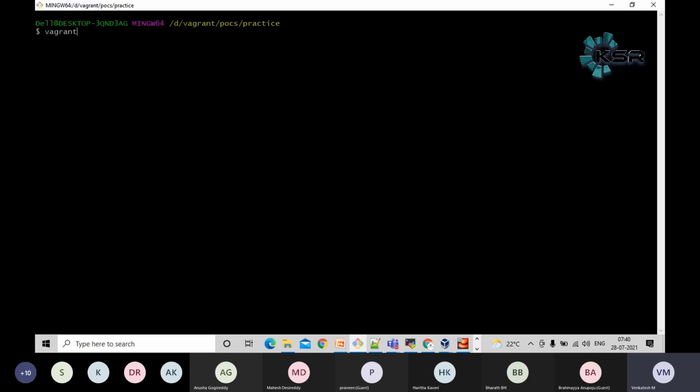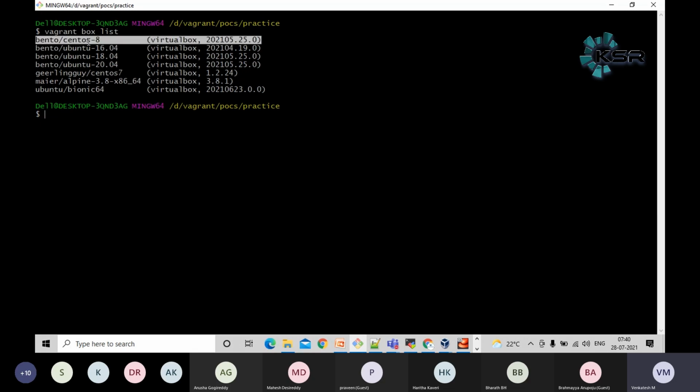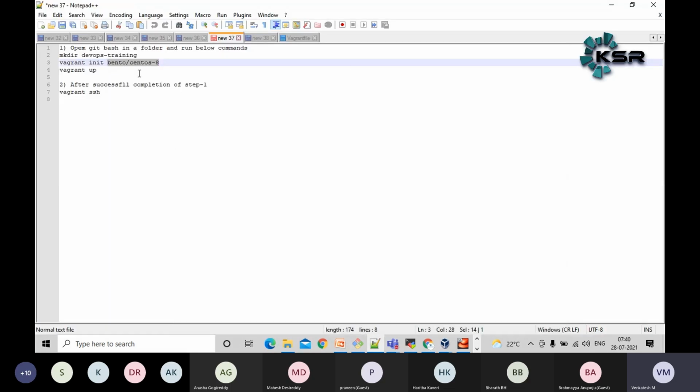Let's say vagrant box list. I'm going to list down the different OS versions available on my laptop. I have something like CentOS 8. I have Ubuntu 16, Ubuntu 18, Ubuntu 20, CentOS 7. This is also a different version, 20.2. All these are different OS platforms, as per my requirement. Currently, I want to teach you on the Linux machine, CentOS machine as of now. So I have chosen this particular Vagrant VirtualBox box.